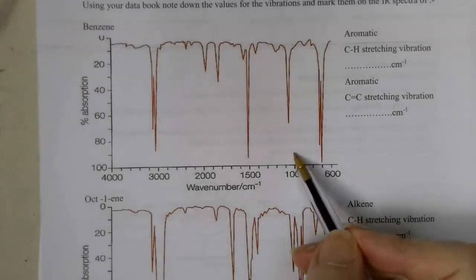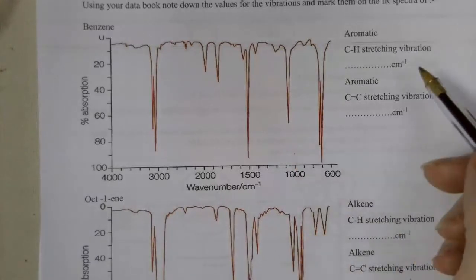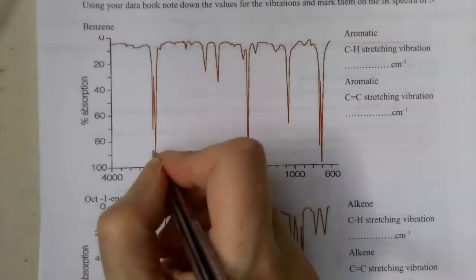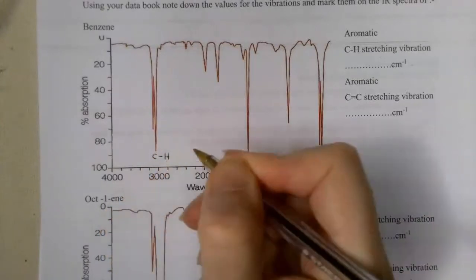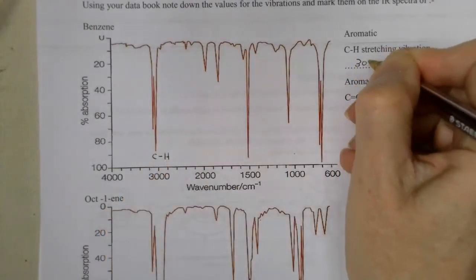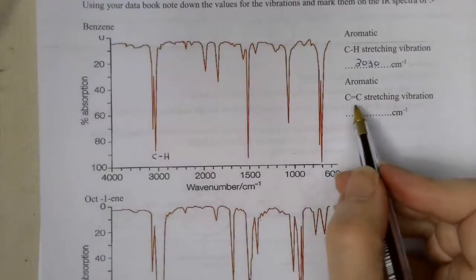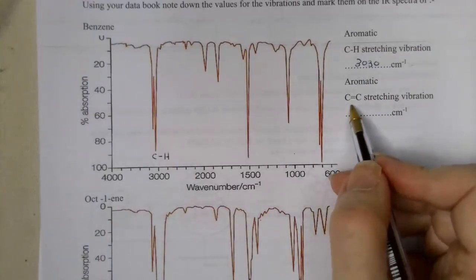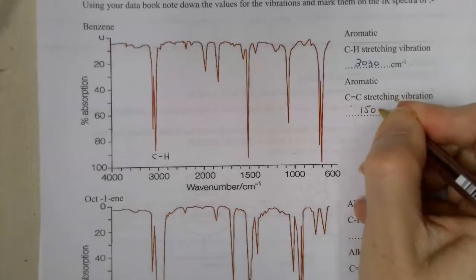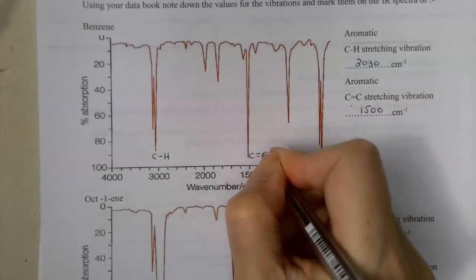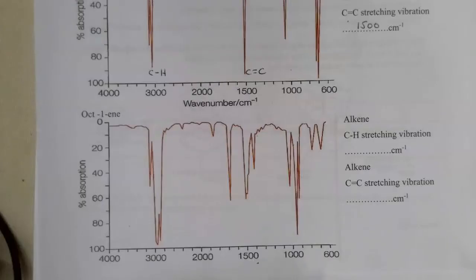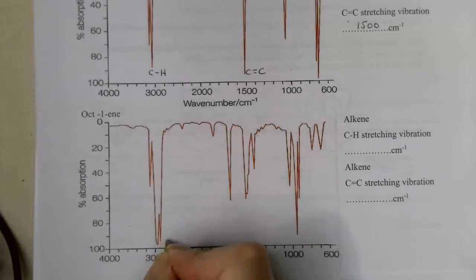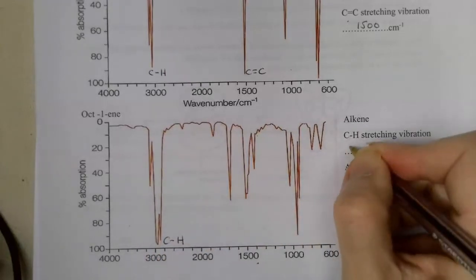So here we have the IR spectrum of benzene. We have a CH stretching here, so that's my CH, and that's at 3030. Then we have an aromatic stretch at 1500, so that's my C double bond C. We can compare that with oct-1-ene, so an alkene, and it has a CH stretch here, and that's in the range